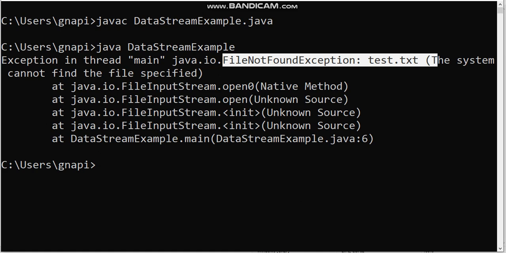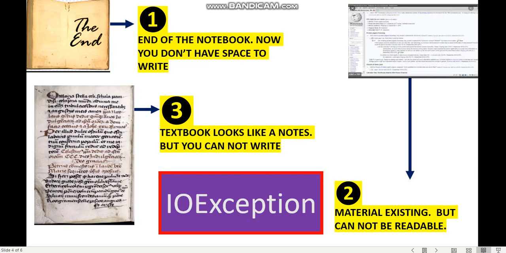Now we will see another checked exception, that is IOException. IO means input output exception. The reason for IO exceptions: if all the pages in the notebook are over, then you cannot write on the cover page, right? In a similar way, if the hard disk is full, then we cannot create and store the file in the hard disk.